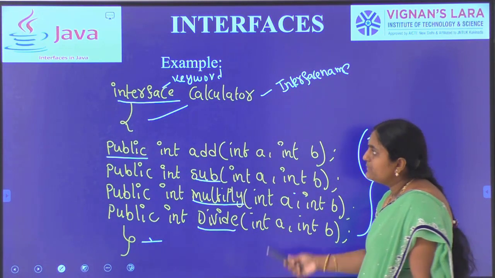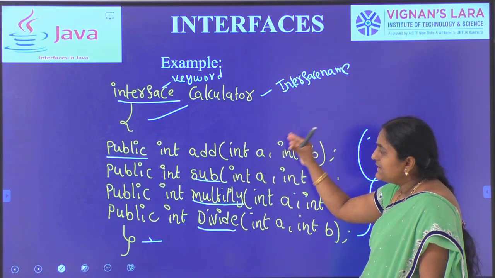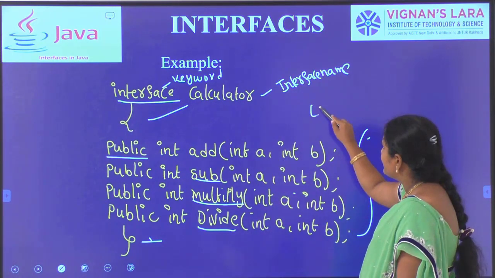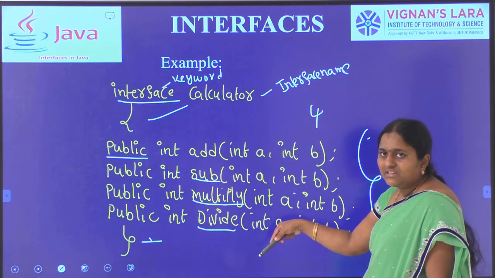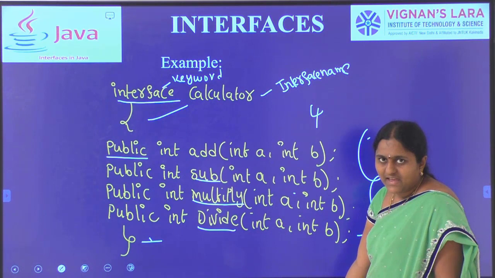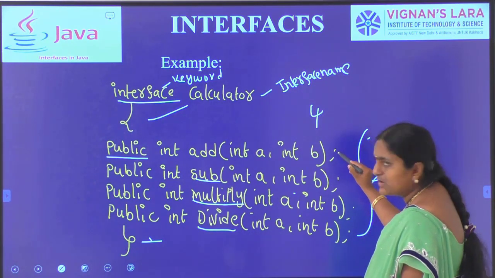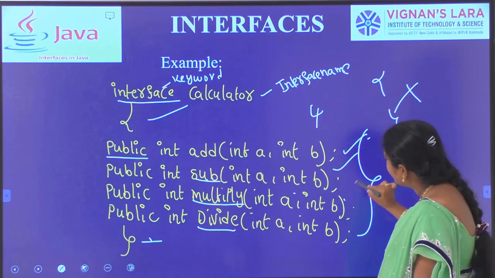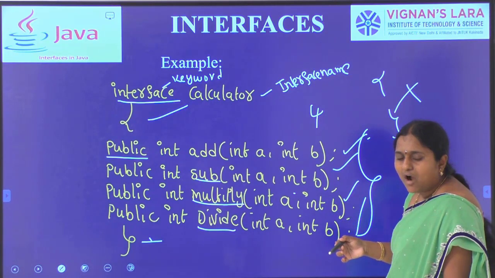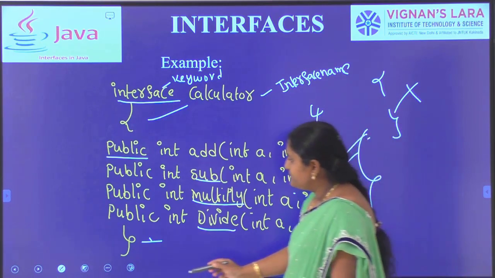Simply, here I have declared one interface. In this interface I have declared four methods: add, sub, multiply, divide. Every method defined within the interface should have the public access specifier. It contains only method declarations without any body. In the later stages, we have to provide the body of these corresponding interface methods. Next one.